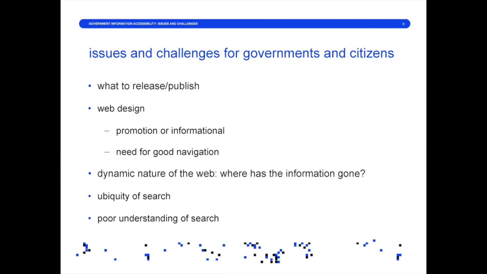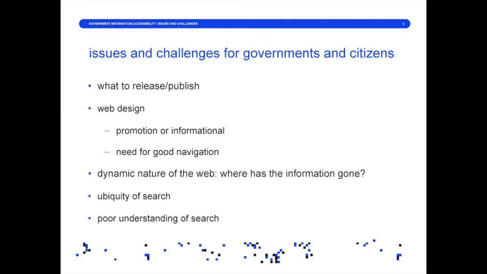Now, the major question, and it's not the fault of anybody, whether you're going to be a cynic or not, is the dynamic nature of the website: things disappear. How do they disappear? When are they taken down? Why are they taken down? Is it just done on a particular date or a particular time? But the point there is there's got to be a way of saying, well, where did it go? How can we find it?